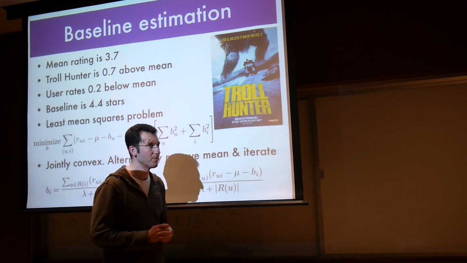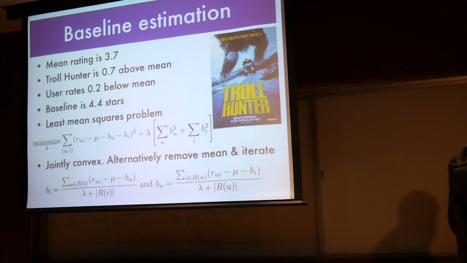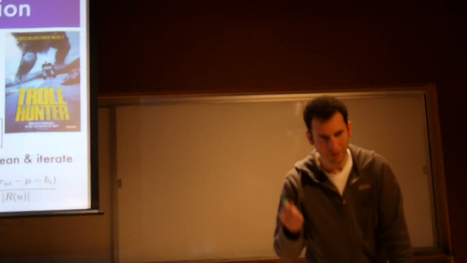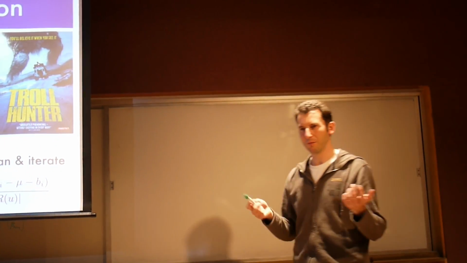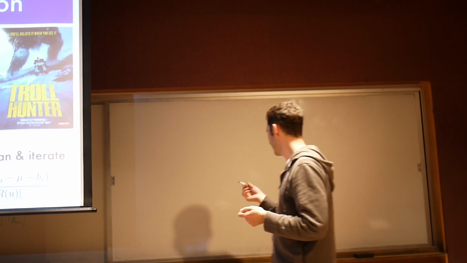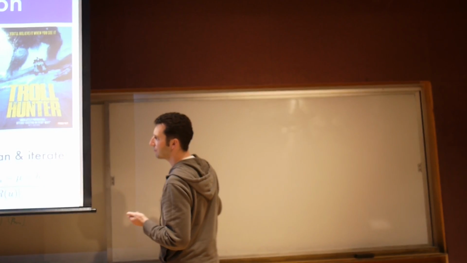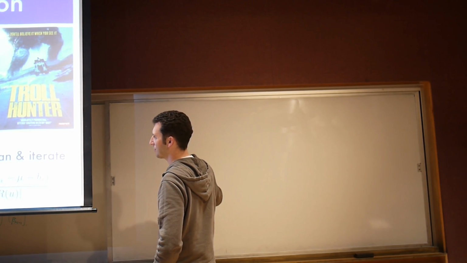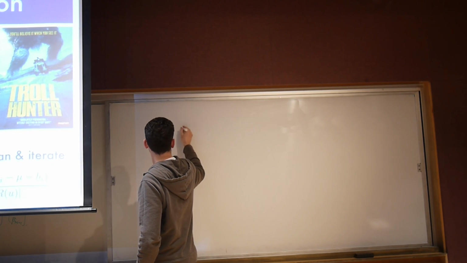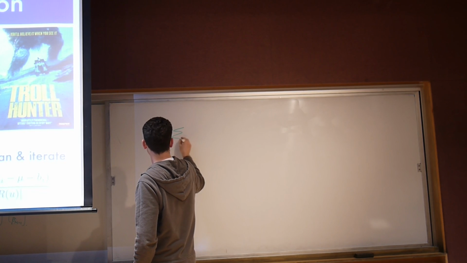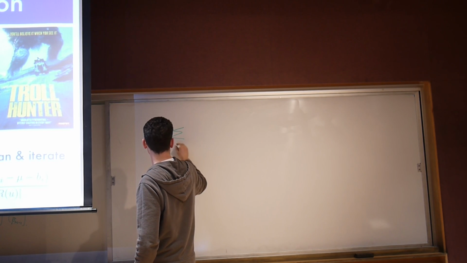Okay, so let's just actually write that. Apologies, I don't have a black or a blue pen. Somebody keeps on removing all of them. So let's just take the derivative with respect to b_i. So, of course, of the entire sum over i and u,